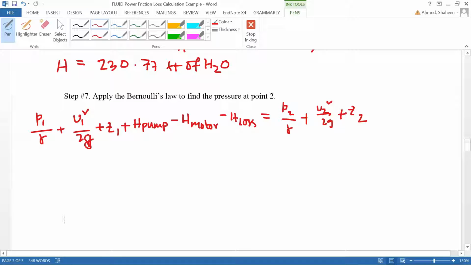So here we have already calculated this pressure head. Now you could either use this pressure head or pump head. Either way is fine. So don't just add two, because you got only one. So this must be plus velocity head 0, elevation 0, no motor, and then the loss we have calculated. I think it was